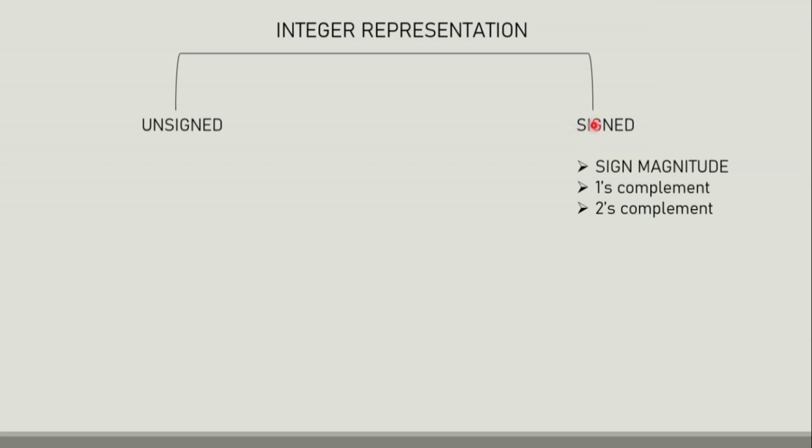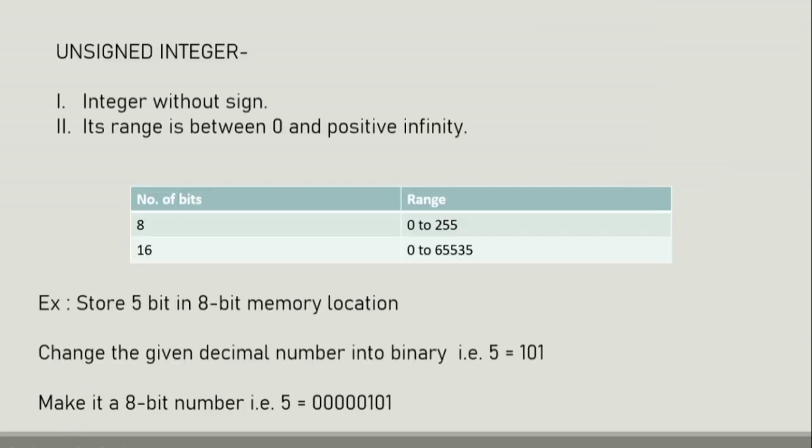Further, signed integer representation is divided into three types, that is signed magnitude, one's complement and two's complement. We will elaborate these three concepts further. Next, unsigned integer. Now what is unsigned integer? As I said previously, unsigned means nothing but integer without sign, and its range is between 0